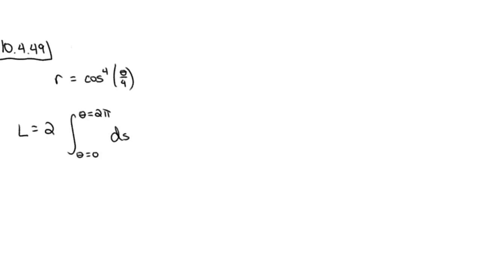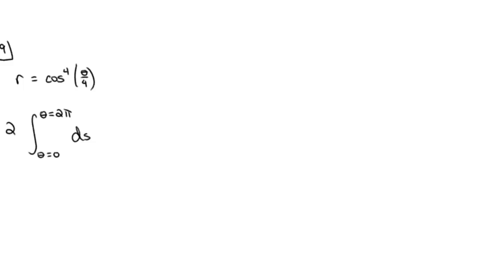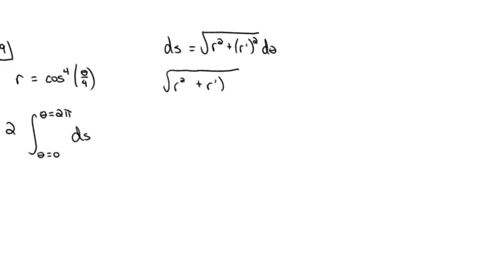Well, ds in this case, I'll do this as an aside. Maybe I'll keep that screen visible there. But ds is going to be the square root of r squared plus r prime squared d theta. So I want to find out what is r squared. Actually, I could technically just find out what is the square root of r squared plus r prime squared. And then we can throw that inside the integral there, right? So here we go. R squared is cosine to the eighth of theta over 4